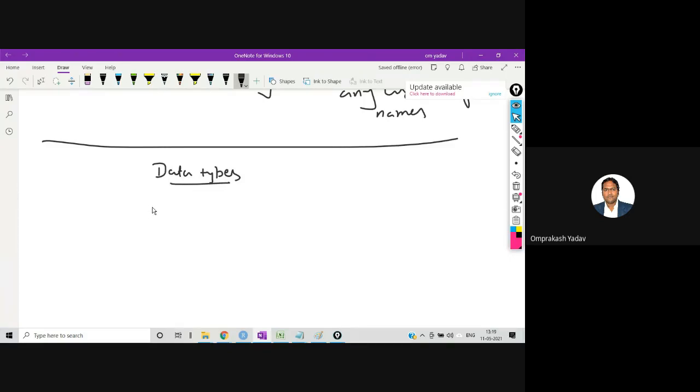So two qualifiers are there: one is size, and another is sign. Okay, size and sign qualifier.